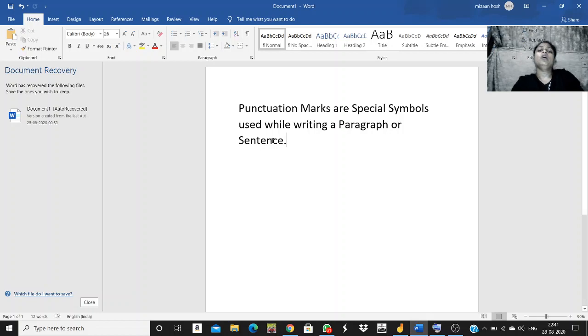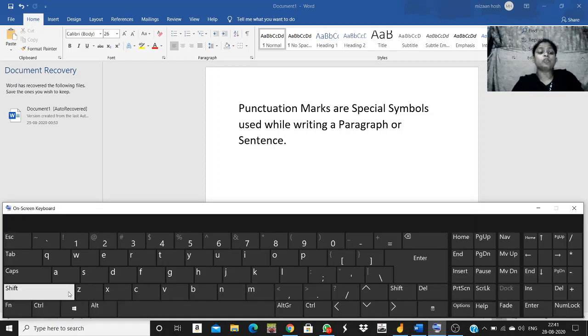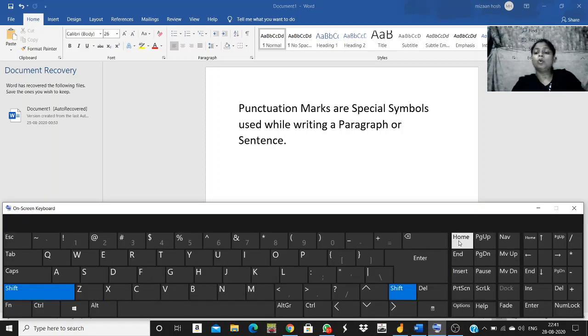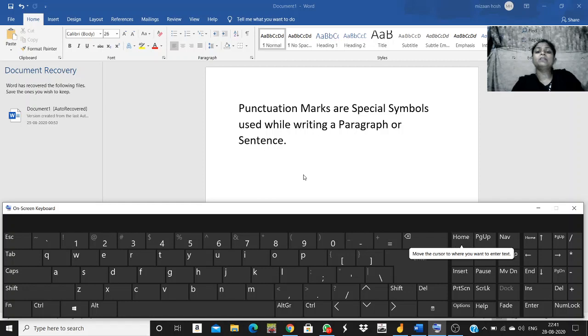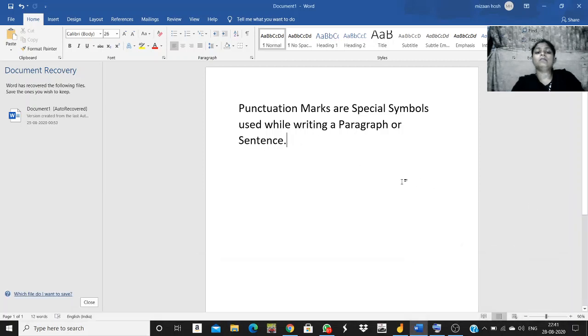I will show you on your keyboard. The key is marked as CTRL, means control key. And what do you do with that? To move the cursor to the top of a document. See, my cursor is here. If I want to move it to the top of the document, what do I have to do? I have to press Control plus Home. So let me show you this keyboard again. Control plus Home. When you do it together, the pointer goes to the top.